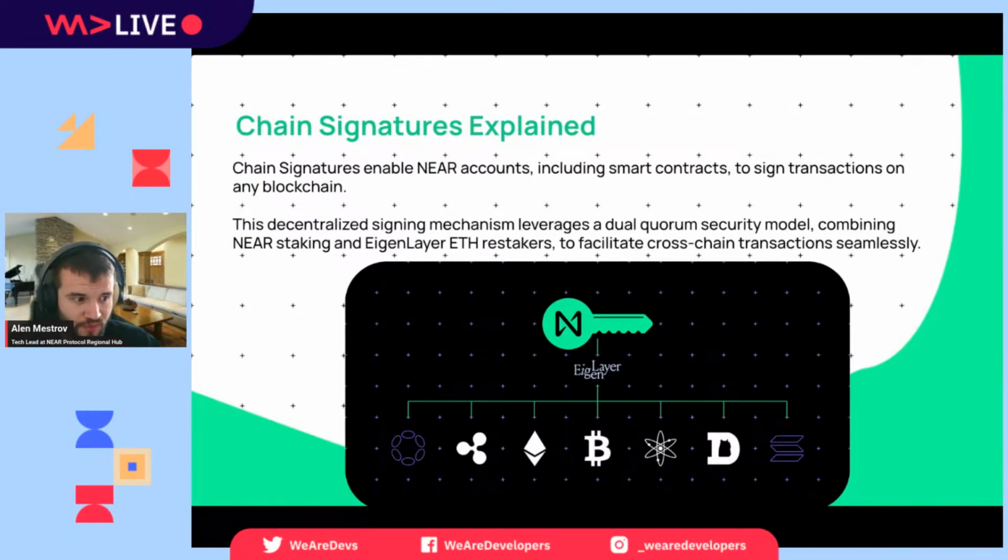everywhere from one point of communication. Say you have a NEAR account and Polkadot, and you want to send 100 Polkadot to an Ethereum account. What would you need to do first? You would need to bridge Polkadot to NEAR, to one account on NEAR, so that you get the tokens from DOT to NEAR, and then send from one address on NEAR to another. This is what NEAR resolved with the help of the IGN layer,